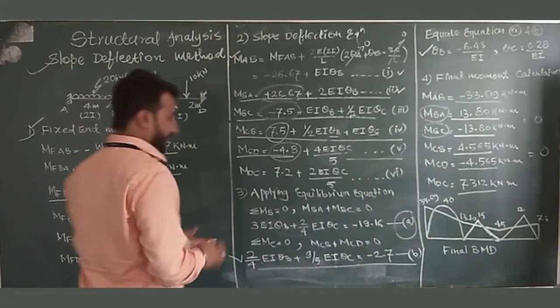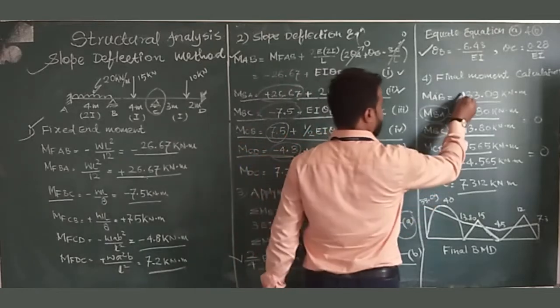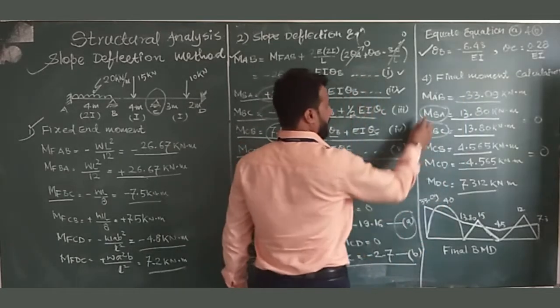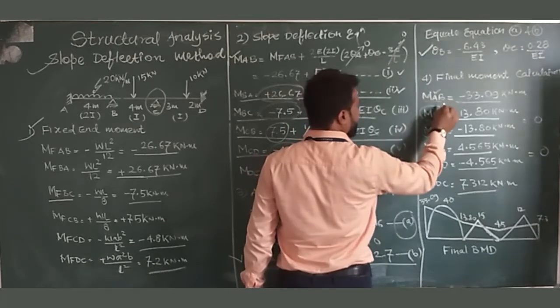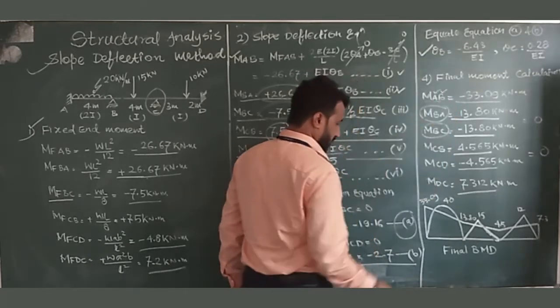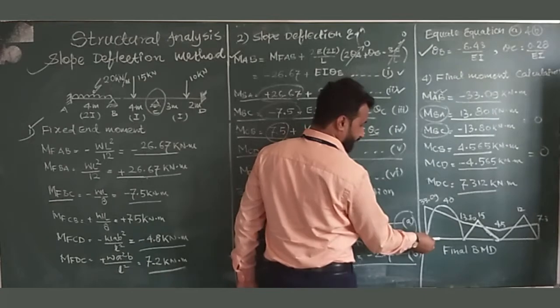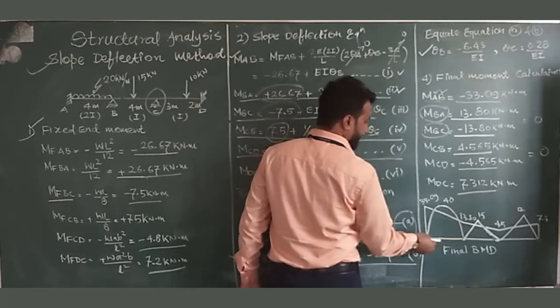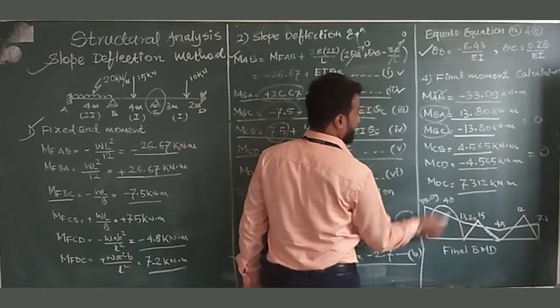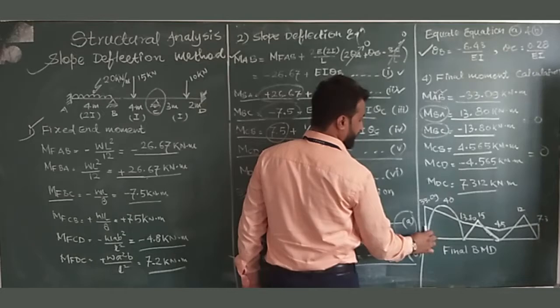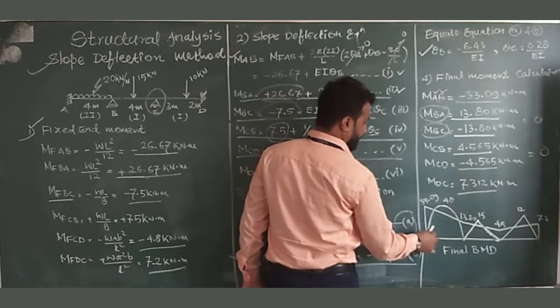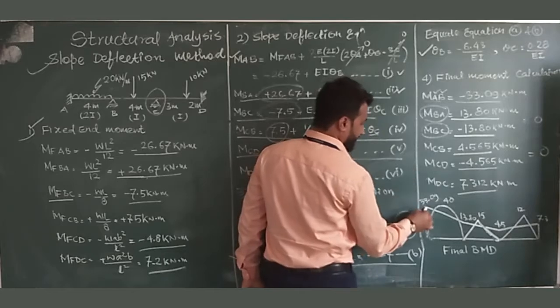Okay. So for drawing the final moment diagram, we have to see the sign convention here. Now we have to draw moment AB. So in moment AB, A is the near end and B is the far end. So we have to keep the pen at A towards the B direction, and we have to see the sign. The sign is negative. If the sign is negative, we have to rotate this anti-clockwise. So in anti-clockwise, if you rotate, this will come above the line. So we have marked this point